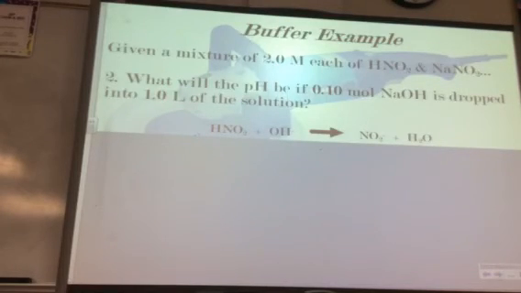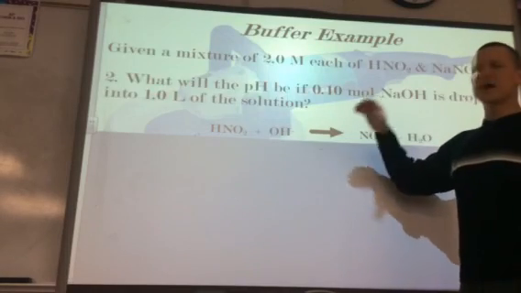Okay, so now for this step, when you do the stoichiometry, the unit has